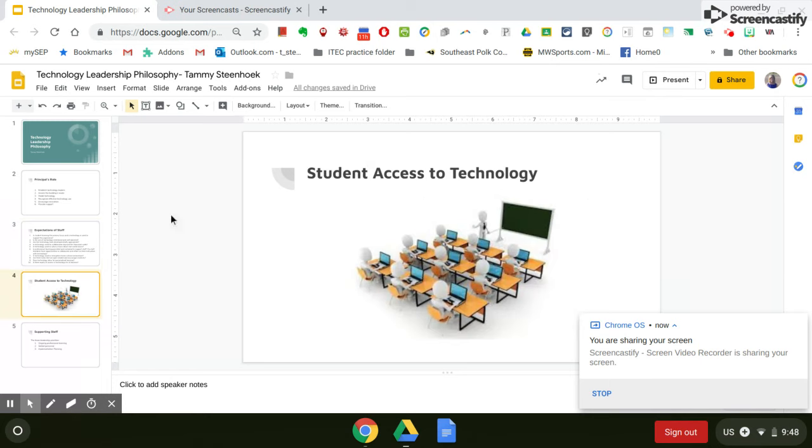When it comes to the one-to-one initiative, I know there's a lot of controversy around that topic. But most importantly, I believe that all students should have access to a device in all courses throughout the day. That might mean that a school has a one-to-one policy and that each student is assigned a laptop. Perhaps they're even allowed to take it home. But it might also mean that each classroom has a cart of laptops that students may utilize on a daily basis. I do not feel that one route is better than the other.